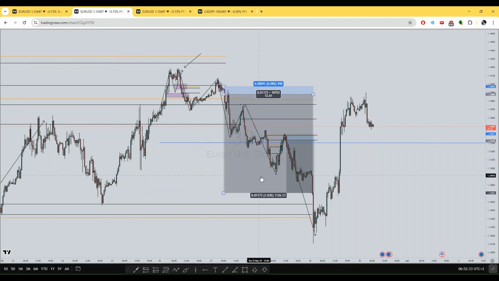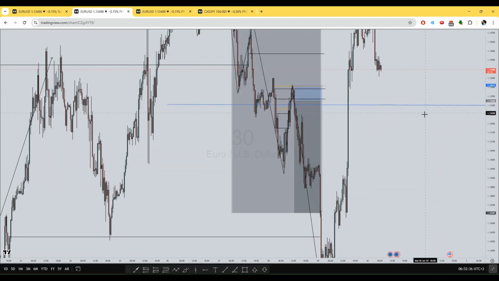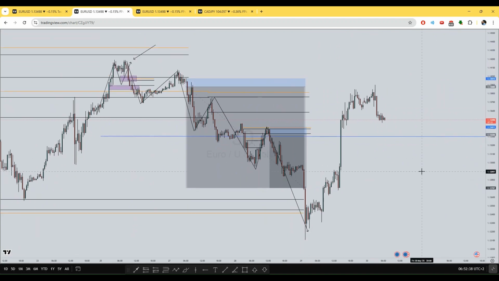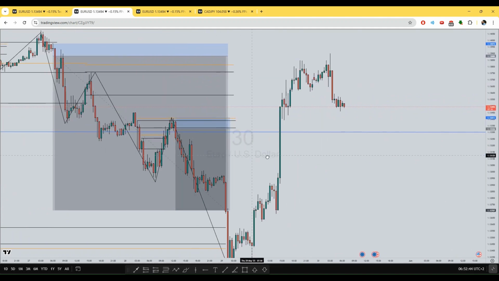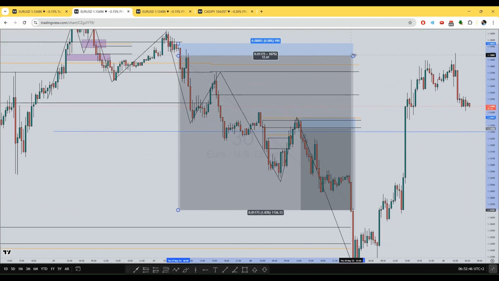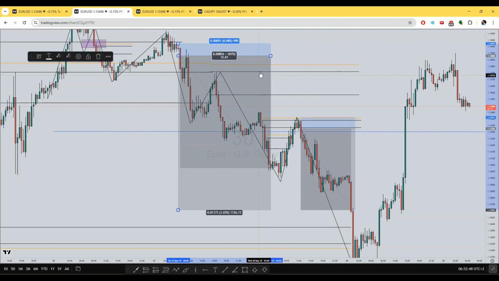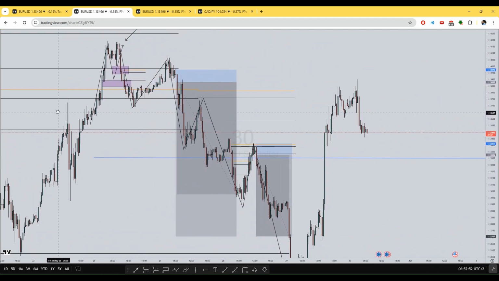And now we had a continuation down to our take profit, and I also had an add-on trade. This was the add-on trade right here. So just for clarity, let me move this aside. This was the add-on trade. So as you can see here,